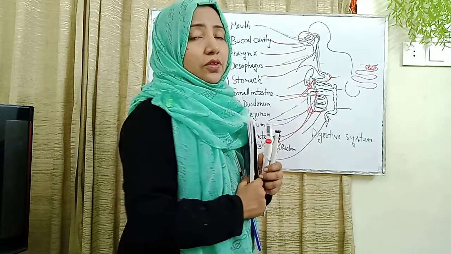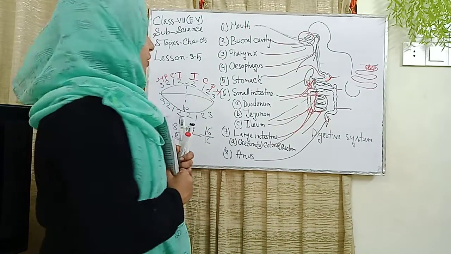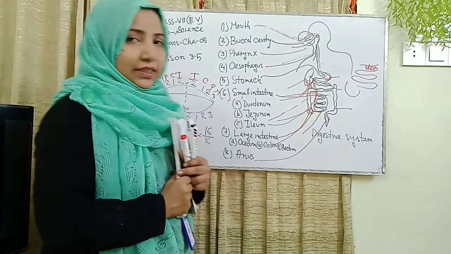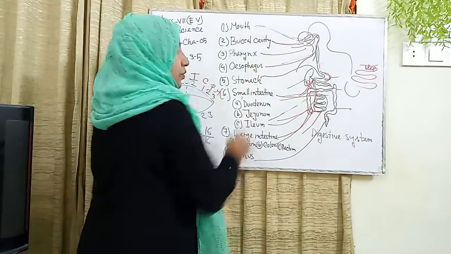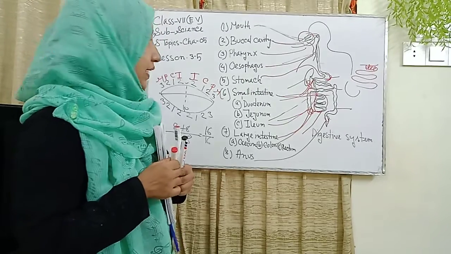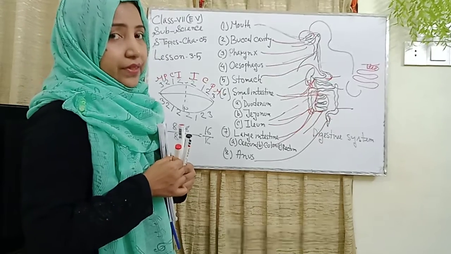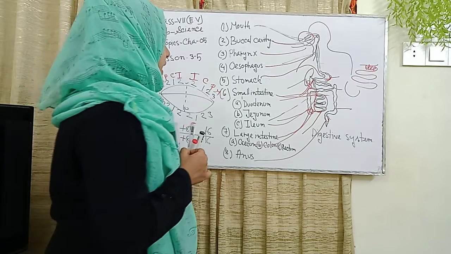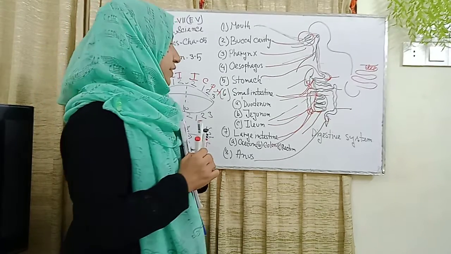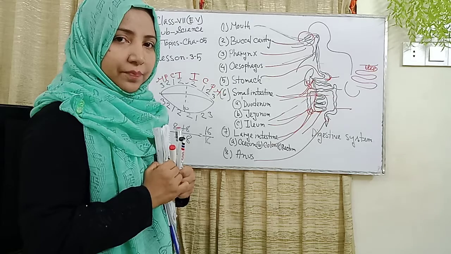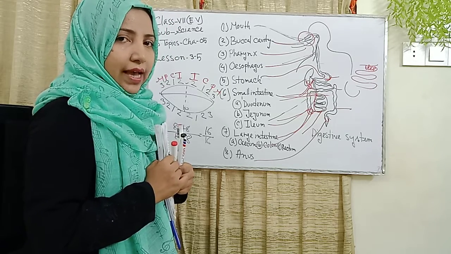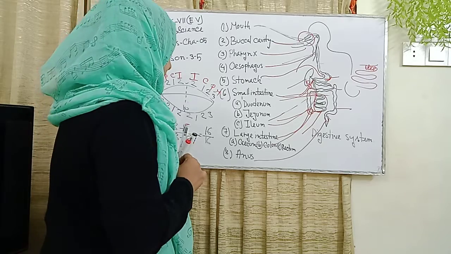Dear students, I explained only briefly about the digestive system of the human body. In the digestive system, first is the mouth, second is the buccal cavity, third is the pharynx, fourth is the oesophagus, fifth is the stomach. Basically, the stomach is a very important topic, and then the small intestine. There are three parts of the small intestine. First is the duodenum, second is the jejunum, third is the ileum. In the small intestine, we absorb food, okay? And the large intestine,